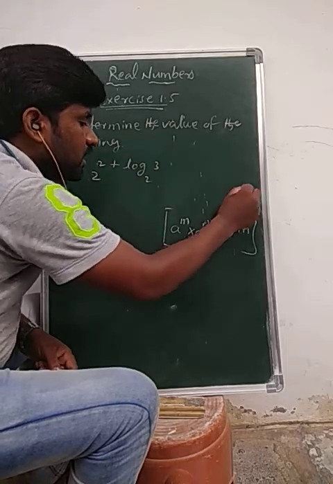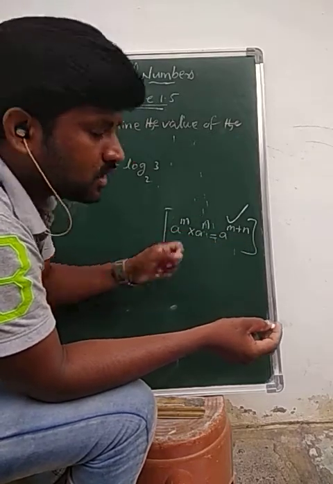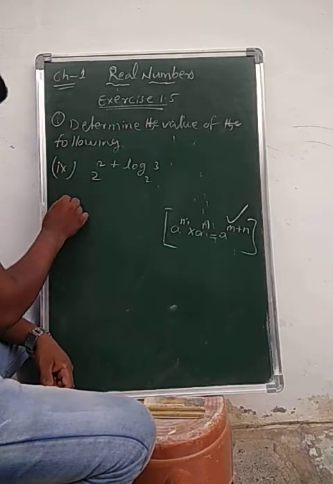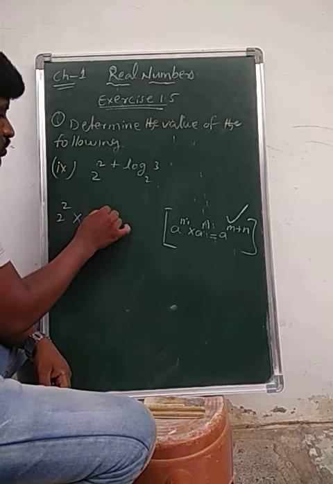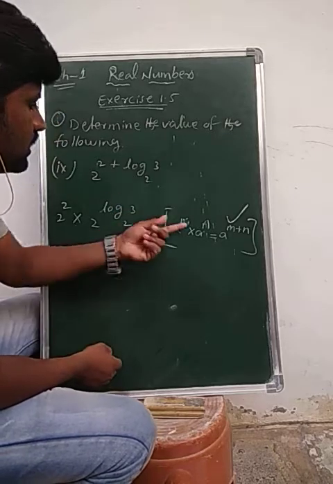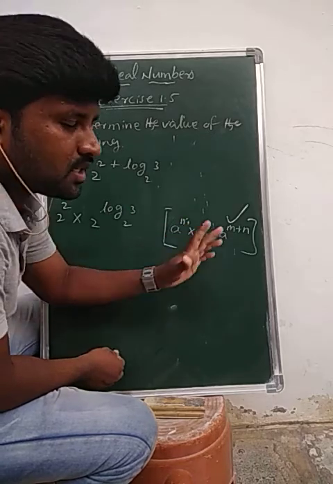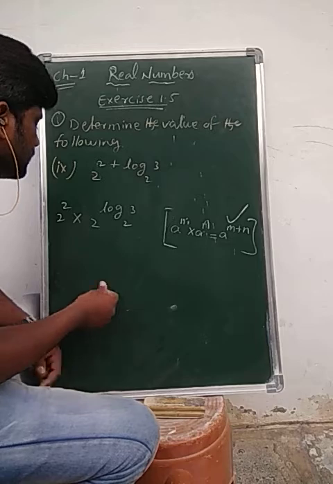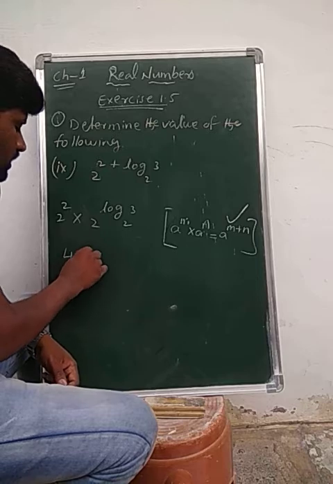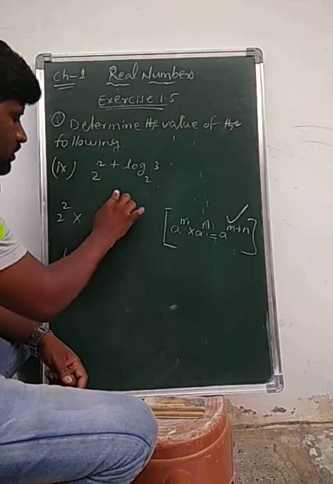Here the RHS part is given. We write this RHS part as the LHS part, that is, in the form a power m into a power n. We can write it as 2 power 2 into 2 power log of 3 to the base 2. So we write the a power m plus n form in the form of a power m into a power n. Now 2 power 2 means 4, into